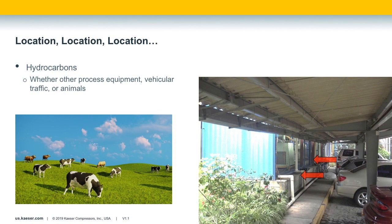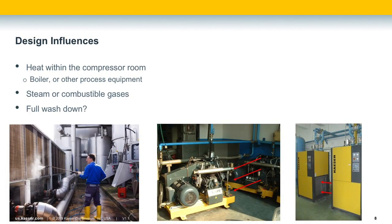Certainly, filtration can be installed to remove hydrocarbons. However, this is an item that must be considered during your design phase. As mentioned before, outdoor equipment is not recommended, but if your facility is near a pasture, you may not have a choice in how the wind blows or the quality of air ingested by your compressor. We'll see more on the effects of ambient heat on equipment when we get to the ventilation and maintenance sections